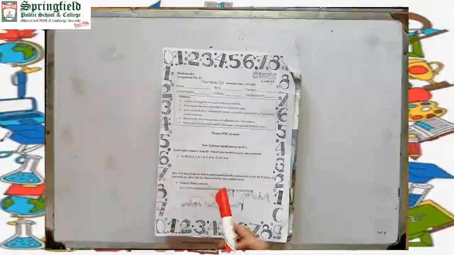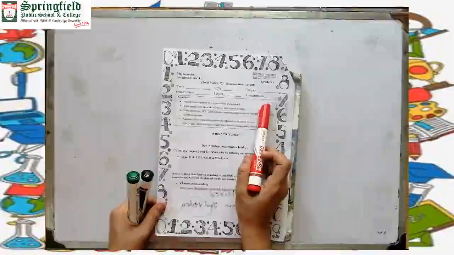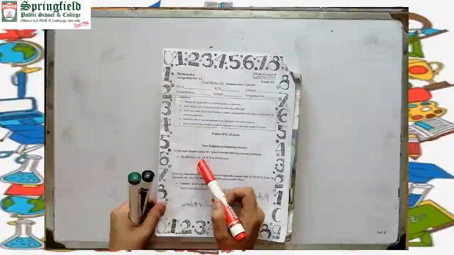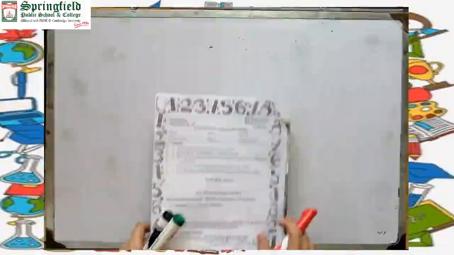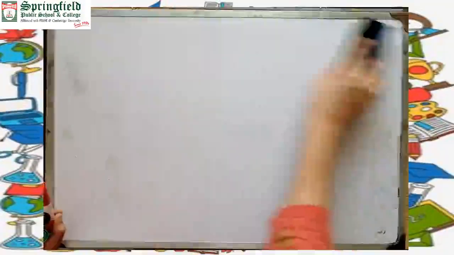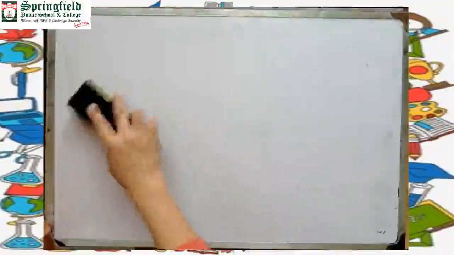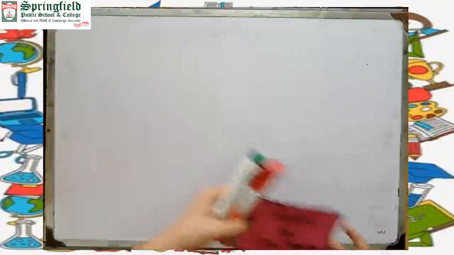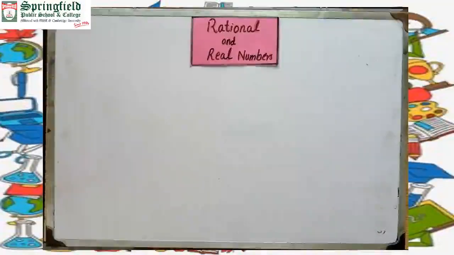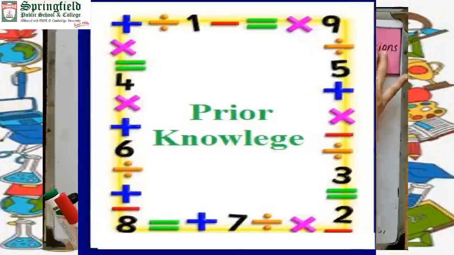Students, now we are going to solve math assignment number 11 of grade 6. As we are doing chapter number 2, the name of chapter 2 is negative numbers. We already covered negative numbers, positive numbers, integers and many points. Today we will start a new topic, the rational and real numbers, and learn which types of numbers are called rational and real numbers. But before starting the new topic, first we will revise fractions as prior knowledge.